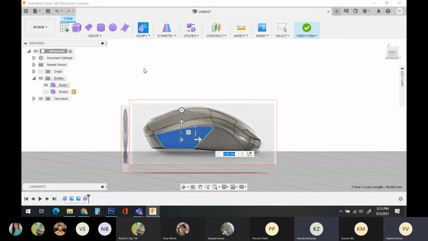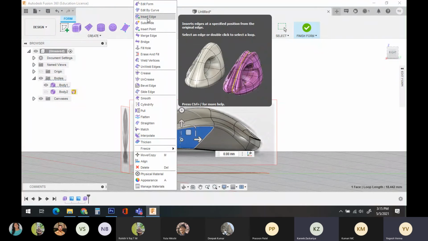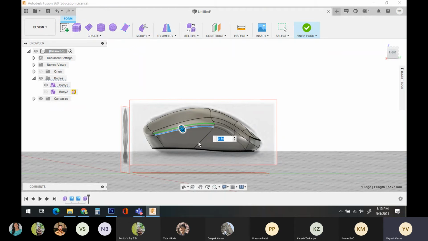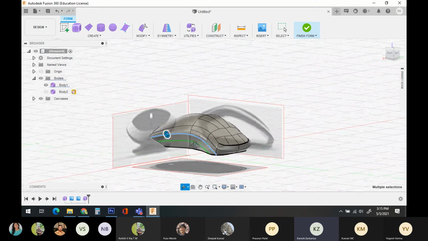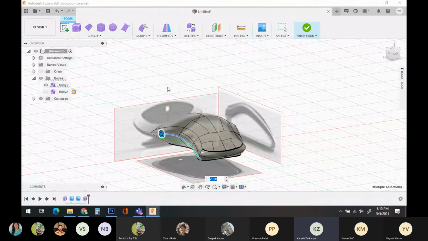Okay, so I can subdivide this particular surface. Yes, maybe I will insert the edge here, in all the sides, to add some more detail in that area. Wherever there are details, you have to add more splines and faces. Wherever there are fewer details, you have to be as minimal as possible.